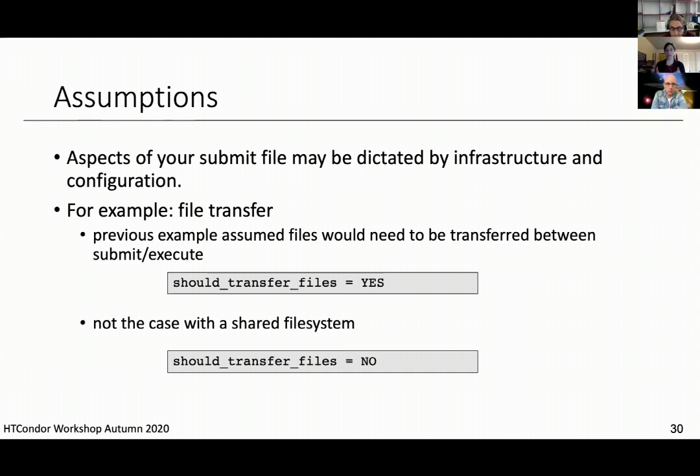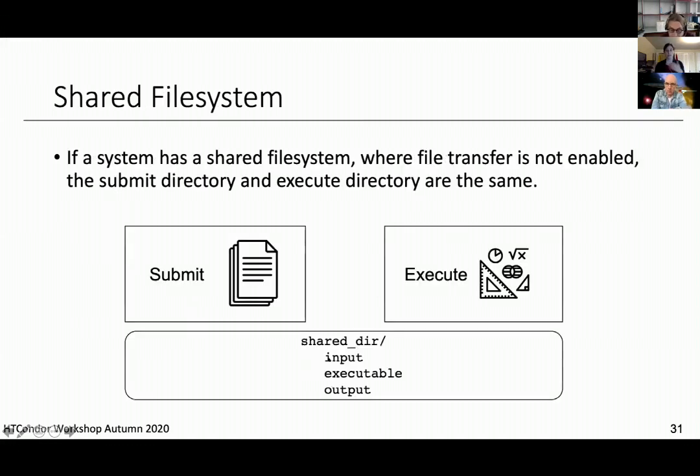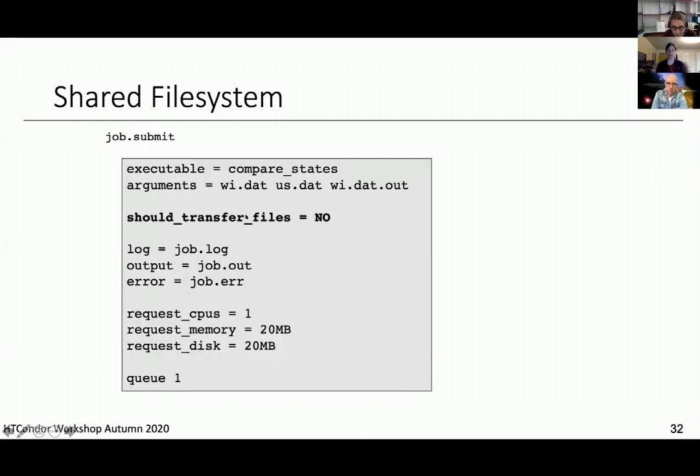For file transfer, we assumed in this example that we did need to transfer files back and forth because there was no shared file system. Maybe your system does have a shared file system. Then you would use a different option here, should transfer files, and things would work slightly differently. Instead of having 2 separate directories, everything would just run out of a shared directory from both the submit and the execute point. You would see this difference in the submit file, and you wouldn't need the transfer input files